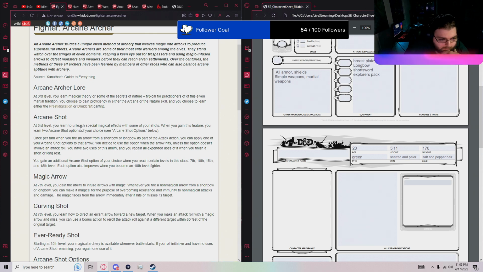So it also gets Arcane Shot. You learn to unleash special magical effects with some of your shots. When you gain this feature, you can learn 2 Arcane Shot options that you can see. Once per turn, when you fire an arrow from a short bow or a long bow as part of an attack action, you can apply one of these Arcane Shot options to the arrow. You decide to use the option when the arrow hits, unless the option doesn't involve an attack roll. You have 2 uses of this ability and regain all expended uses of it when you finish a short or long rest. You gain more